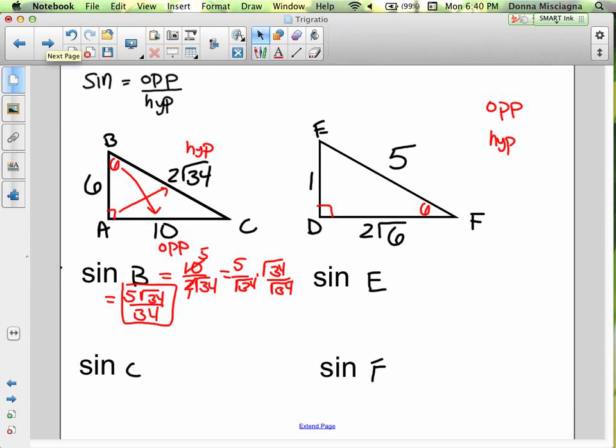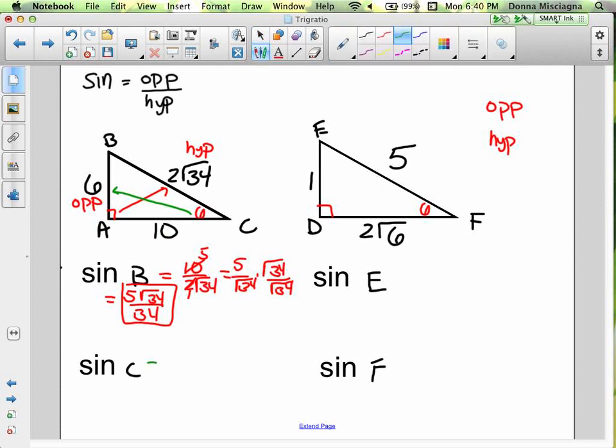Now let's find the sine ratio for angle C. So now we want this one. So I'm going to move this out of there. But the hypotenuse is not going to change, just which side is opposite. Because now this is the opposite side, the one on the other side of the triangle. All right, so the sine ratio for angle C is going to be the opposite side for angle C, which